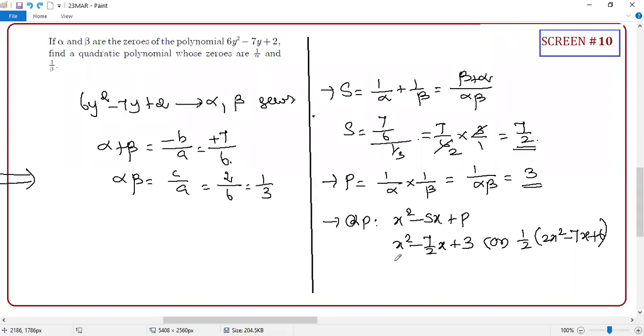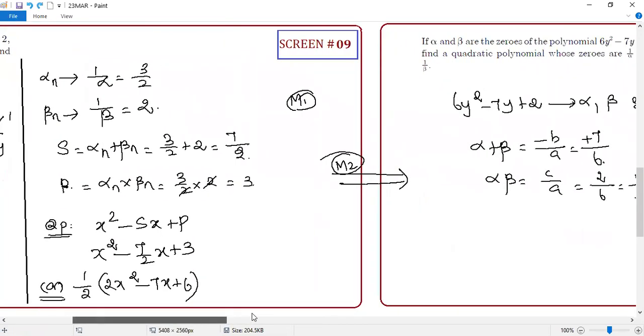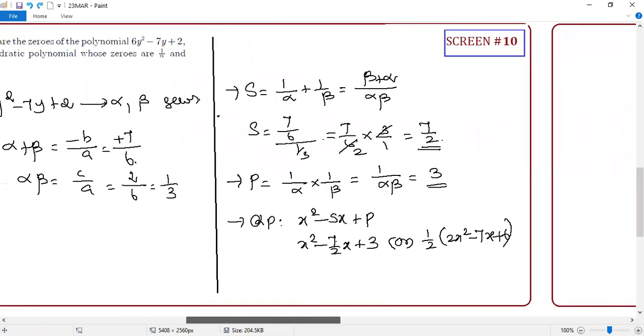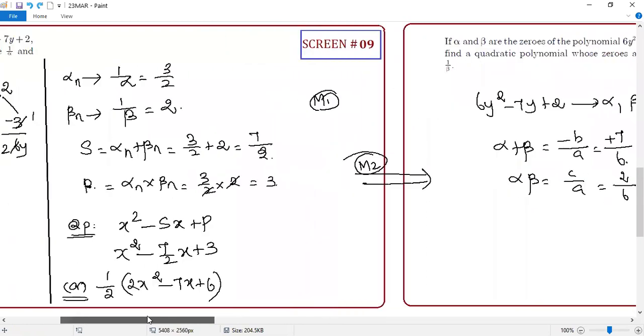But in case of quadratic equation, if I ask you to find it, then the QP will become equal to 0. That time you have to simplify, student. The quadratic polynomial you can leave like that, but the quadratic equation you have to simplify, because a fraction normally doesn't look good. It's not a simplified version. Are you getting the same answer by method 1 and method 2? Same, sir. Who has doubt now?